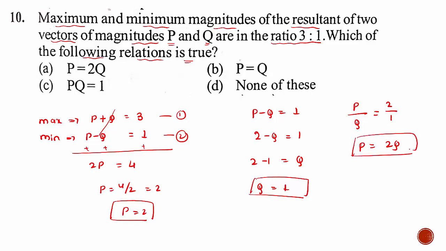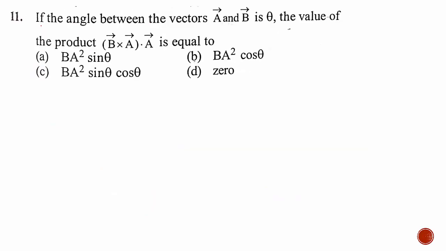So you can observe the given relations. P is 2 times of Q. Yes, it is there. Option A is the right answer. 11th question. If angle between vectors A and B is theta, the value of the product B cross A dot A is equal to